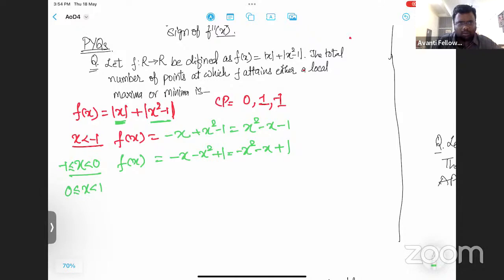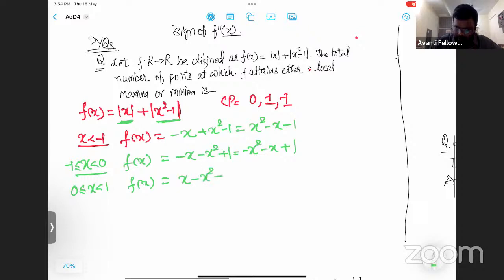1. Okay. So here f(x) will be now 0 to 1. So this is now positive. The first term is positive, but the second term will again be negative because 1 by 2 square minus 1 will be minus 3 by 4. So the bracket will be open with a negative sign. So this will be x minus x square plus 1, which can be written as minus x square plus x plus 1, right? And the last for x greater than 1,